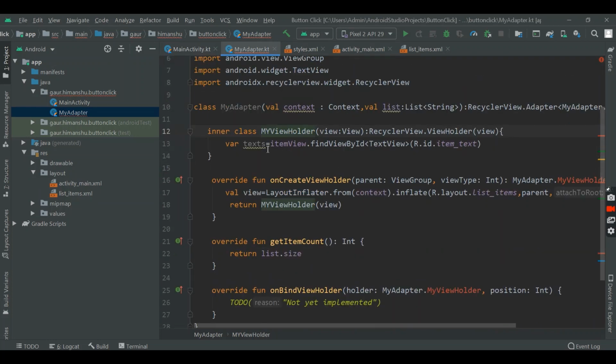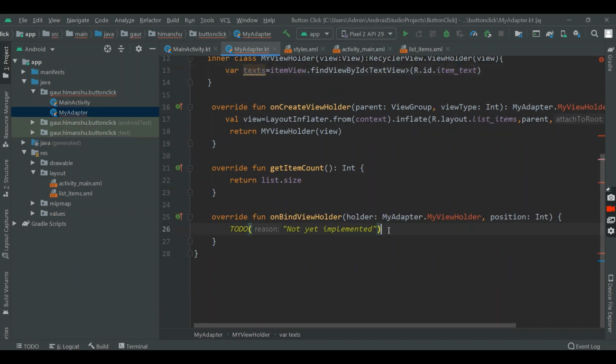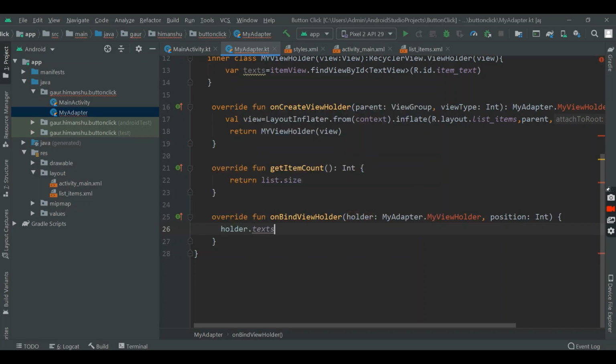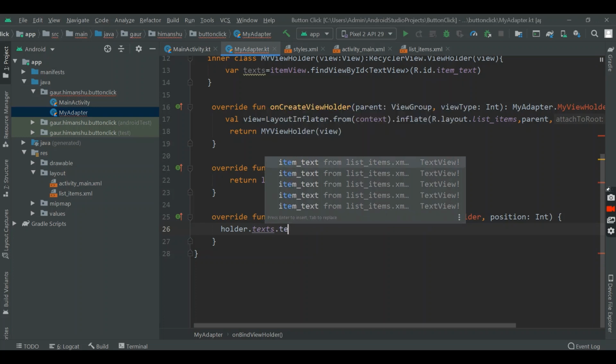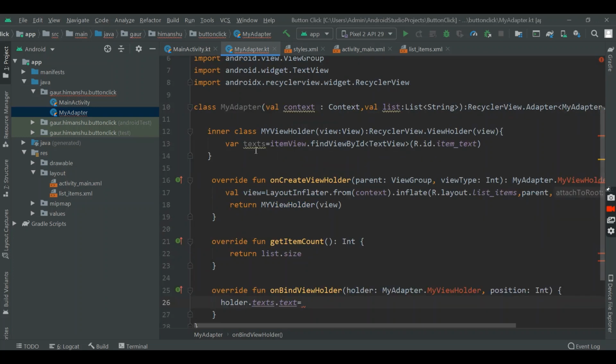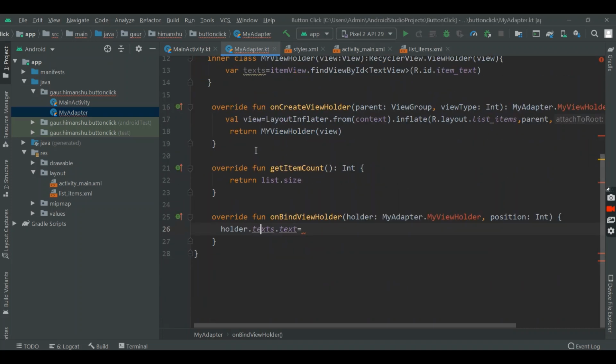Now if I put our data in text, it will appear on our list, so simply now holder.text is it.text. This text is our variable which we created in our MyViewHolder class, and this text simply gets text, or setText in Kotlin.